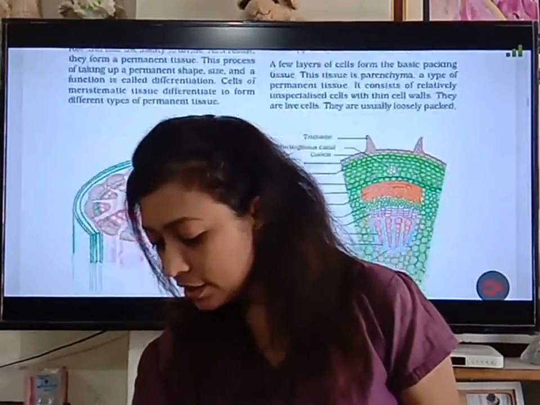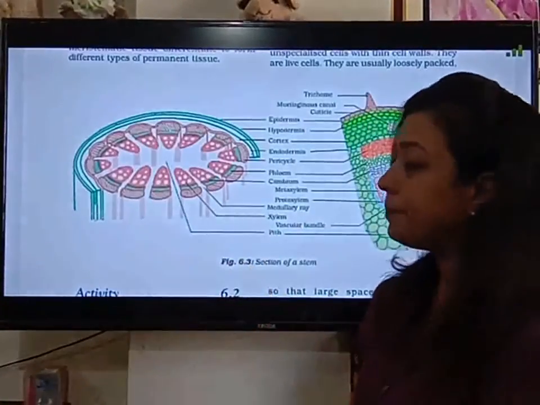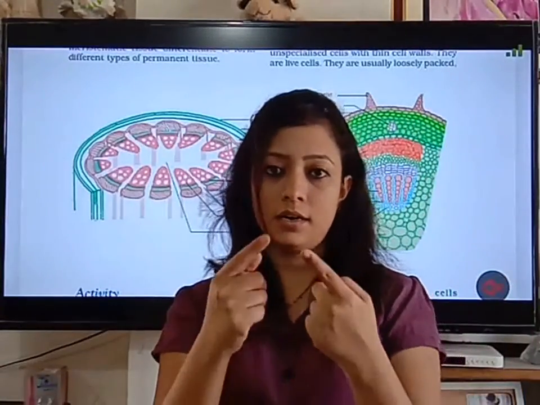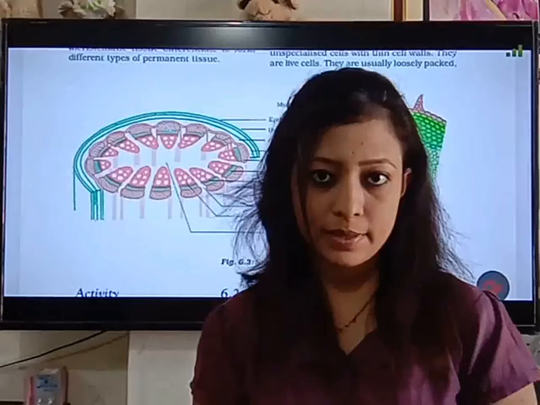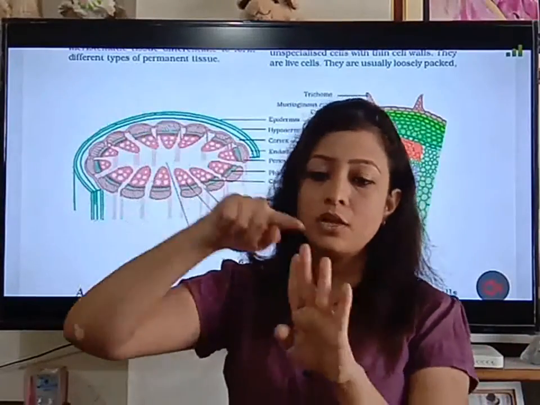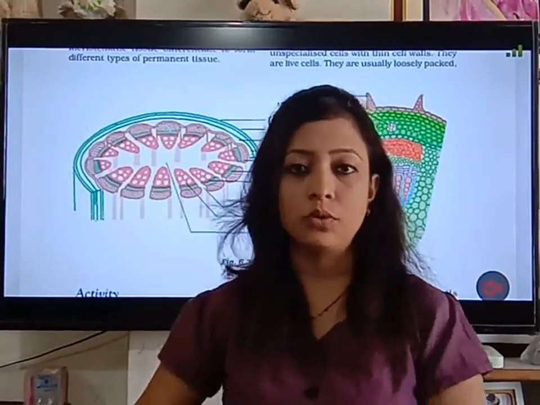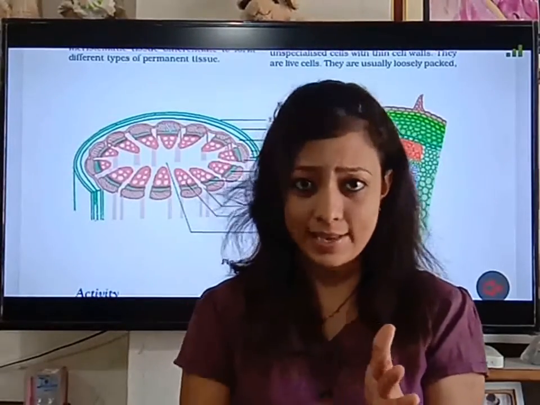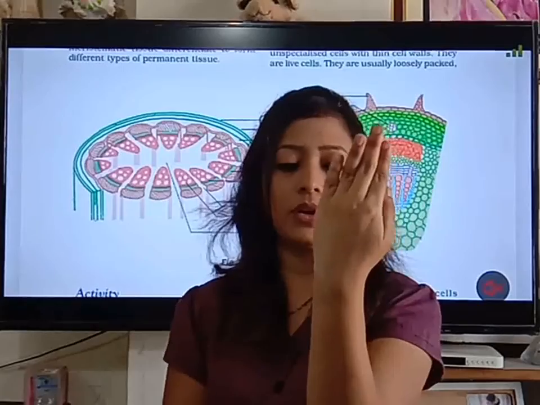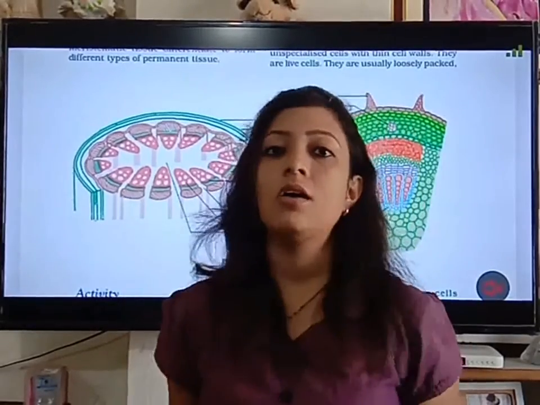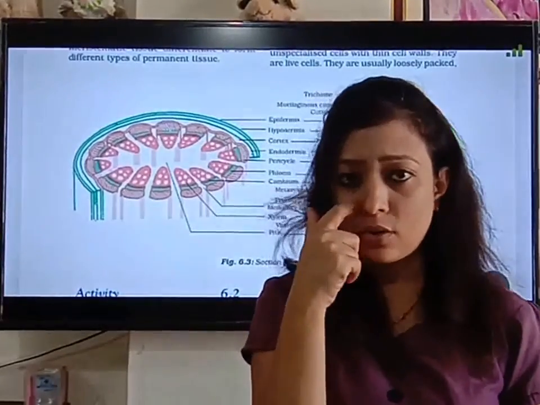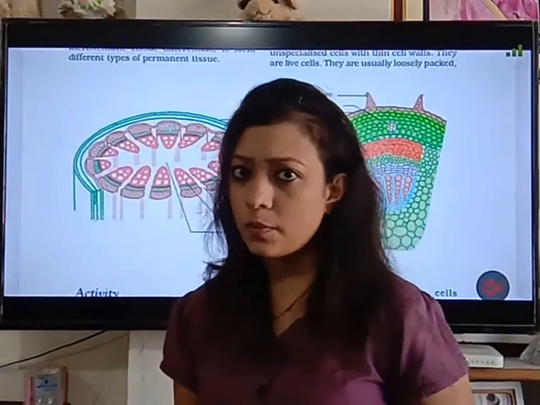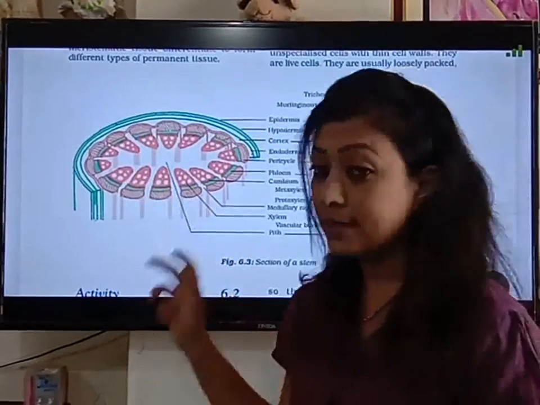Now children, here you have a cross section of stem. If you take a petiole from the leaf, petiole मतलब क्या होता है? जैसे कि एक leaf है. So leaf की जो डंडी होती है, उसको हम बोलते हैं petiole. So if you cut that petiole into a thin slice, it's a cross section. मतलब ये ऐसा petiole है और उसको आपने इस तरीके से कट किया. So उसका जो thin slice हम लेते हैं, that is called the cross section. So अगर आप वो भी ऑब्जर्व करेंगे तो माइक्रोस्कोप के अंदर आपको ऐसे ही दिखेगा.